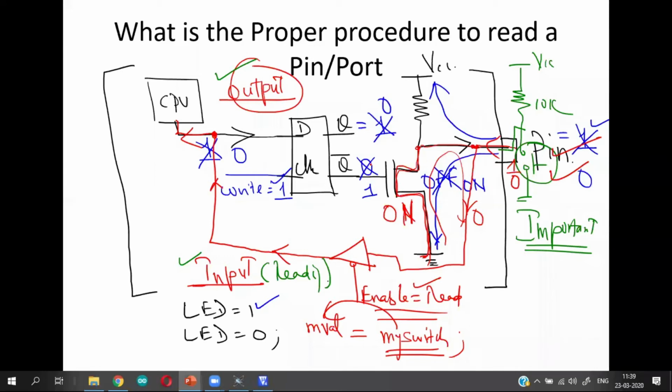So it is necessary that you turn this transistor off. How do you turn it off? By supplying a 0 here. Q bar should be a 0, which means Q should be a 1, which means the actual input should be a 1. So whenever you are trying to read a value from a port pin, say, temp is equal to my switch, it's a read statement.